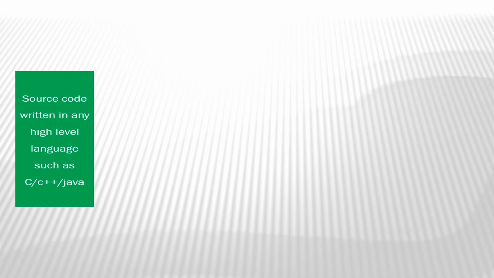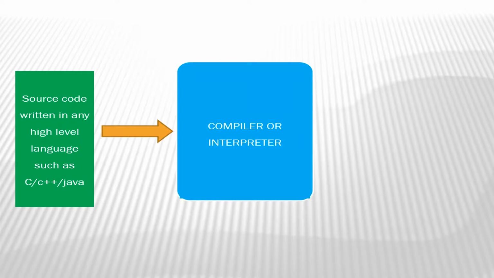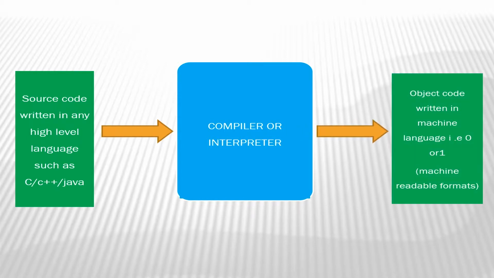Source code is written in any high-level language, such as C, C++, and Java. And these are sent to the compiler or interpreter, which changes it to object code written in machine language, that is 0 or 1. So when writing a program, first of all, decide which steps are needed to complete any